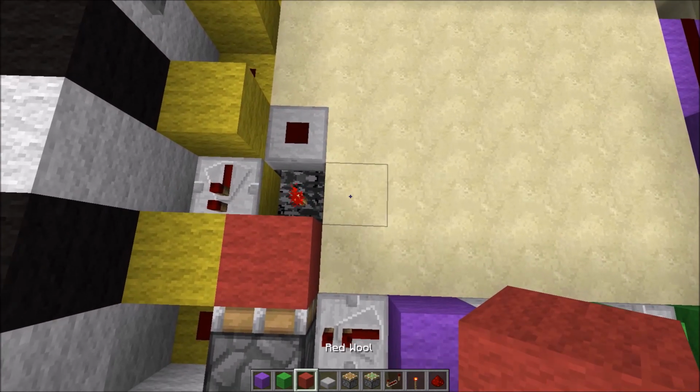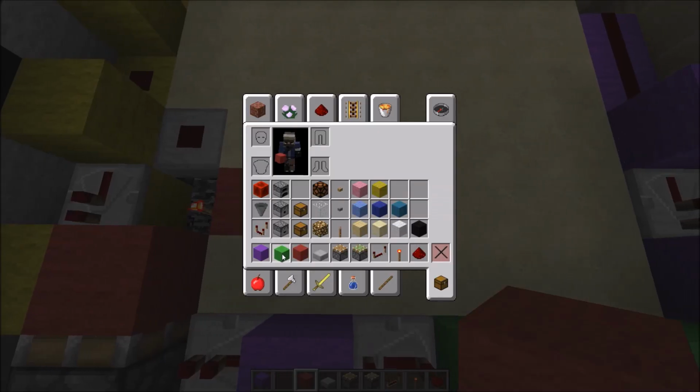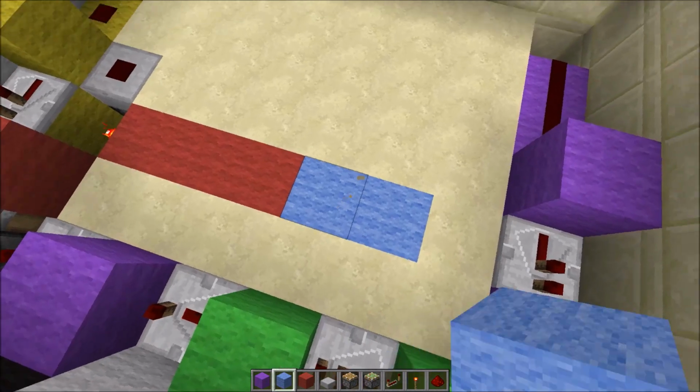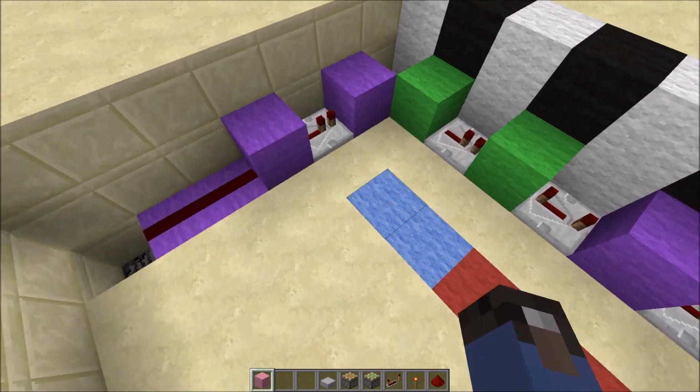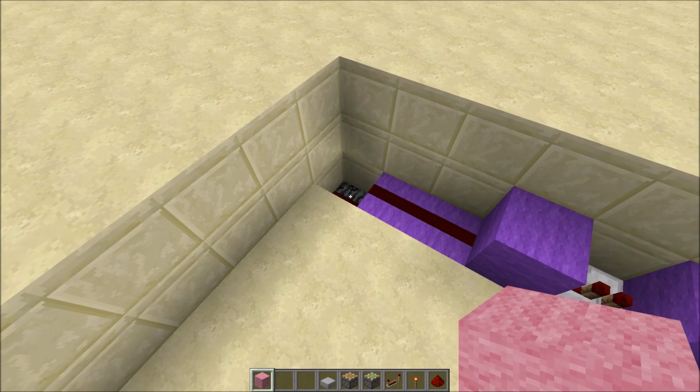So where the hole is, we'll need to go 1, 2, and 3 with 3 red blocks, and then we will need to put 2 light blue like that. I'm going to go ahead and do our pink circuit. So the next step of this